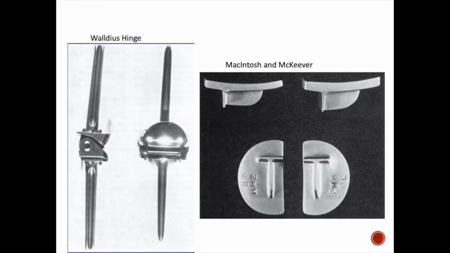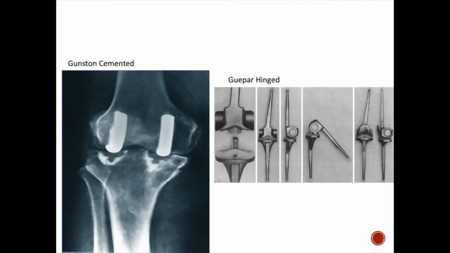So the Waldius hinge is there on the left. Again, you can see that metal axle on the metal implant, and it's a constrained fixed hinge. The McIntosh and McKeever was actually a series of unicompartmental replacements, preserving the ACL and PCL. The Gunston was the first cemented one, again, unicondylar components. And then the Guépard hinged was the one that finally had that yoke sticking up from the tibia that allowed